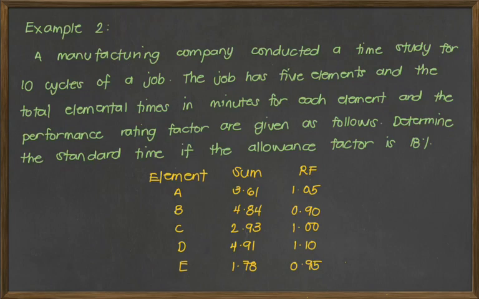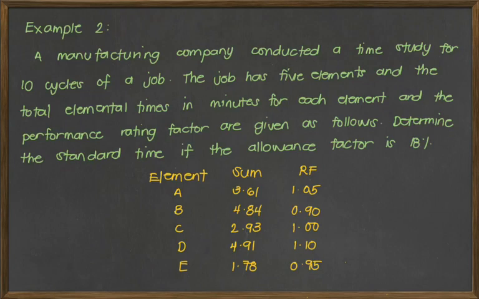Now, looking at our given example, we have 5 elements. And again, for us to know the standard time for a particular job, we need to find first the elemental times and then add them all up, and that will give you the standard time of the operation. Now, in this example, stated siya that the operation consists of 5 elements. So, we are given the sum or the total observed times for each element with their respective